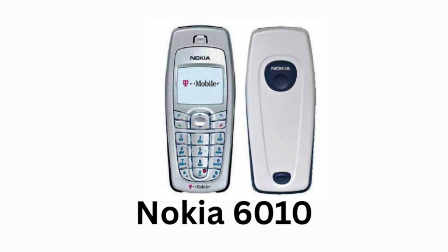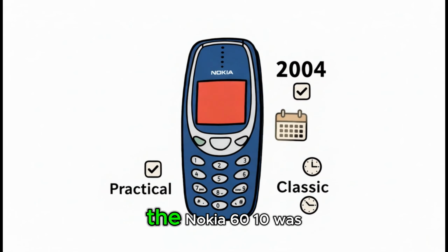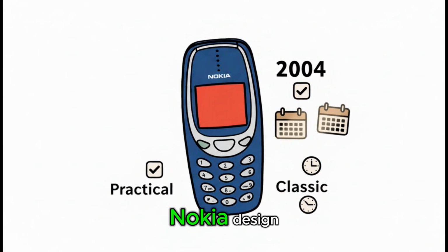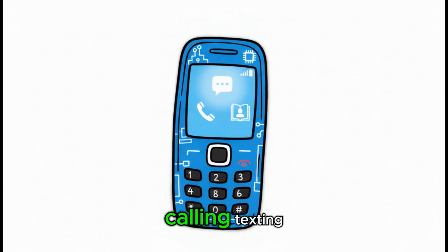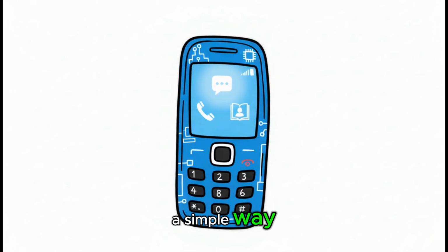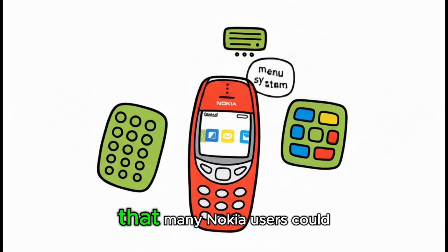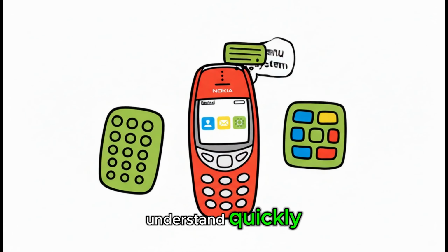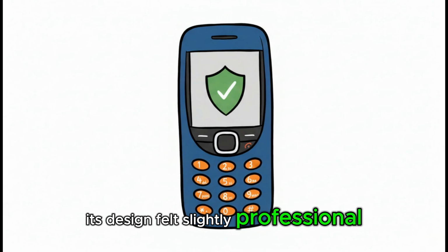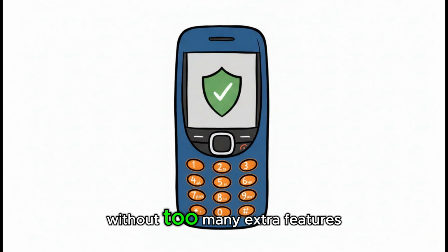Nokia 6010. Released in 2004, the Nokia 6010 was a practical phone with a classic early 2000s Nokia design. It was mainly built for calling, texting, storing contacts, and handling everyday communication in a simple way. The phone had a familiar shape, a comfortable keypad, and a menu system that many Nokia users could understand quickly. Its design felt slightly professional, which made it suitable for people who wanted a dependable phone without too many extra